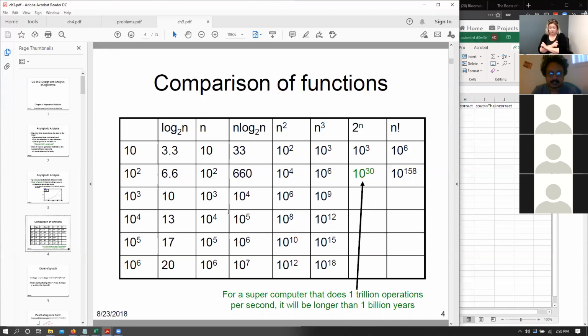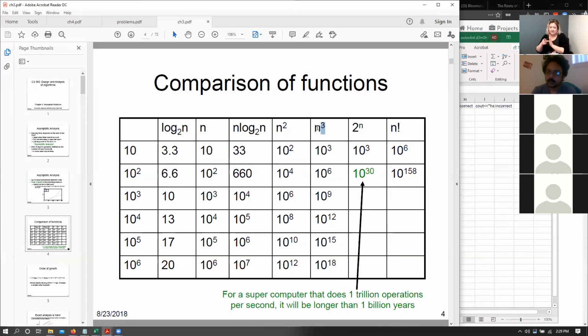In general, we can think of it as, let's say that we have an array with a size of 10. Then if we have an algorithm of complexity n, then it takes the same amount of time as n, right? So 10 squared takes 10 squared time. Similarly for log n, 10 squared takes 6.6 units of time. And when I say units of time, it depends upon your processor, but I'm generally talking about the number of operations it takes for your algorithm to converge.